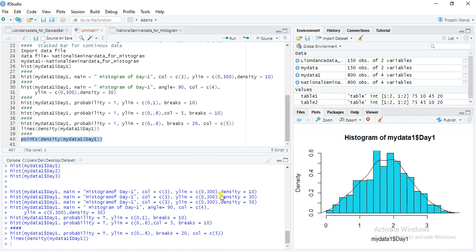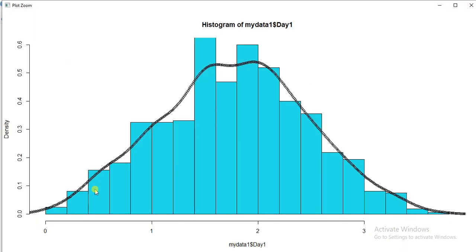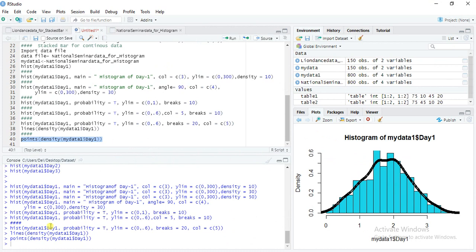Now next we can give some points to the normal curve. Here we want to give the points, so we will run it this way. So we will get our graph. This is more pointed, so it is the normal curve. We can also give a color scheme. We have the choice to make a graph according to our requirement.